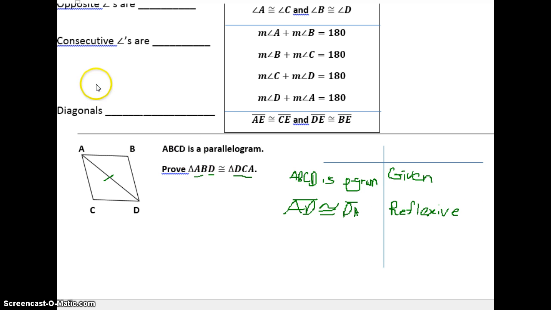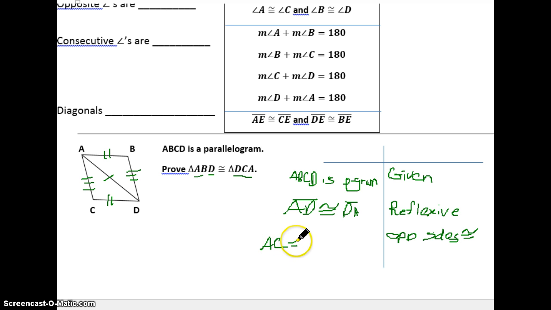Okay. But then, using all those properties up above, there's more than one way to do it. But to me, the easiest way is to work with our sides. Okay. We know our very first thing on the list was that opposite sides are congruent, right? That's a property of a parallelogram. Those will be equal, and those will be equal. Okay. So then we're going to say because opposite sides of a parallelogram are congruent, that means we have